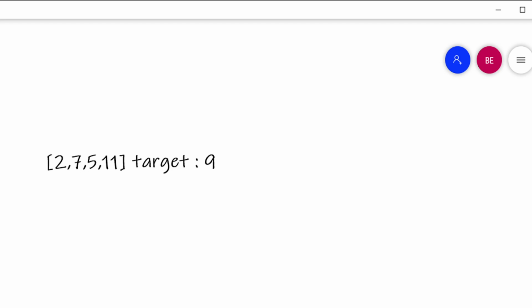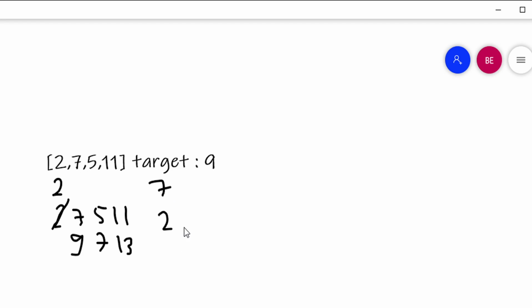What I mean is, we can iterate over it once and take 2 in the first example. And in the second iteration, we can get 2, 7, 5 and 11. We can ignore 2 here because it is the same number. And sum these numbers to get 9, 7 and 30. In this example we have found our target, but that might not be the case all the time. We would iterate by fixing 7 and add 2, 5 and 11 to it,